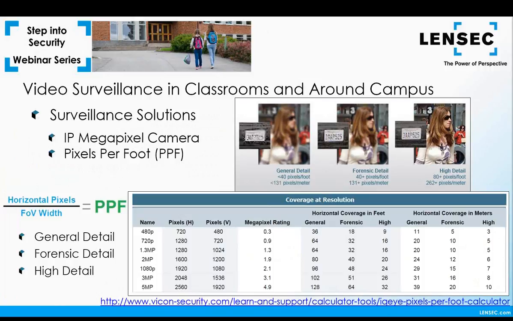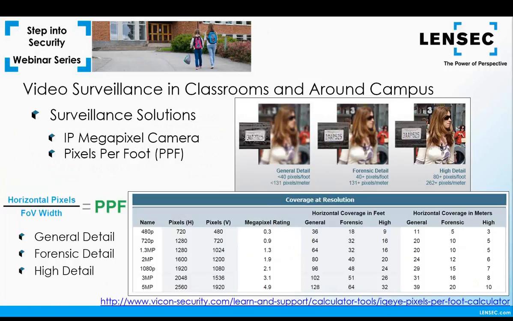For instance, a 720p camera has a total resolution of approximately 1 megapixel, but its horizontal pixel count is 1280 and its vertical pixel count is 720. More commonly, it's described as 1280 by 720. It's the first number in the pair, the 1280, that counts for measuring pixels per foot. The second part of the calculation is how wide a field of view one wants to cover at a given distance. Determining pixels per foot in relation to the level of detail desired can be determined using this chart.